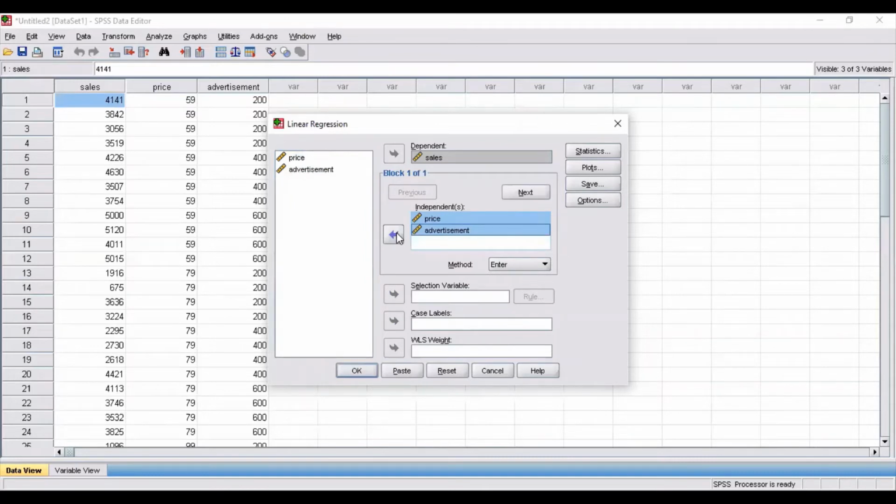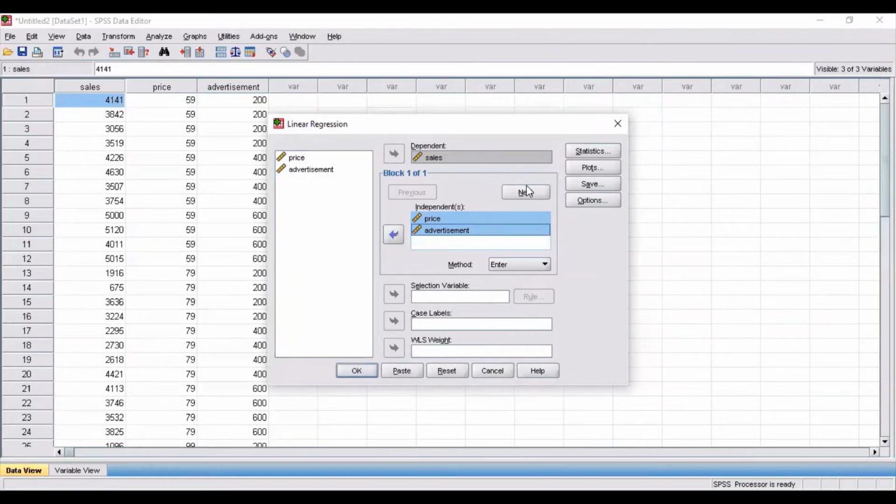Now, along with the results for the multiple regression analysis, this also provides us with various other statistics. If you want to obtain correlation, covariance, confidence intervals, box plots, then there is another option for that also.